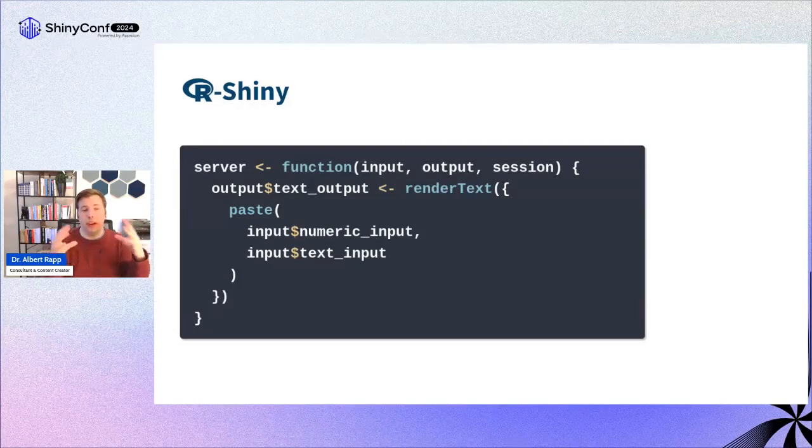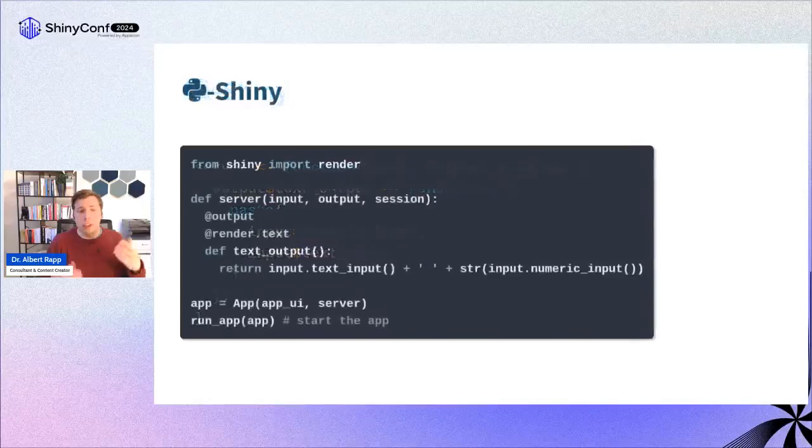Basically, you define a function. You could think of that inside of these curly brackets inside of the render text. And the PyShiny version of this translates pretty well to this, and it even takes less notation. You immediately inside of the server define the function that becomes the output. So if you wanted to have the output with the ID text output return something, you just define a function called text underscore output. So this was the ID that we used in the UI.